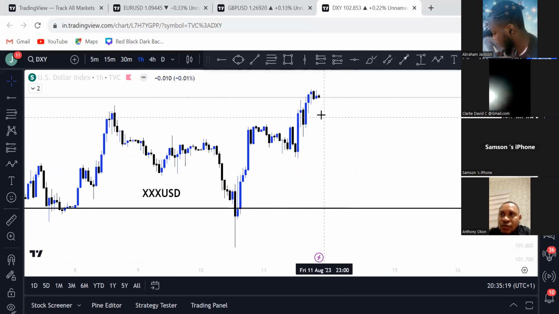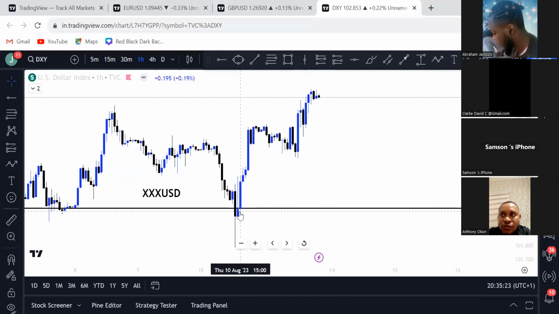Euro USD will now make a lower low and a lower high just like this one. So it's like an opposite correlation. But you see GBP USD, sometimes GBP USD follows the index as well. That means if the dollar is going up, you see GBP USD will drop a little bit. Or if the dollar is dropping, you see GBP USD might be going up a little bit. But it doesn't really follow